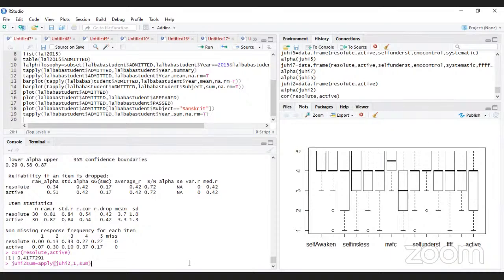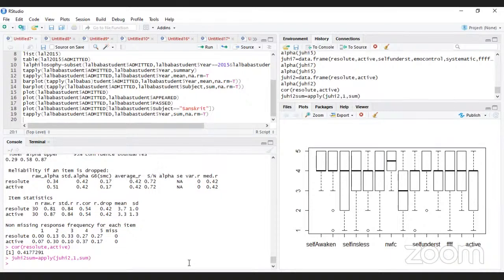So that is a row-wise sum. Now, if I write down cor,